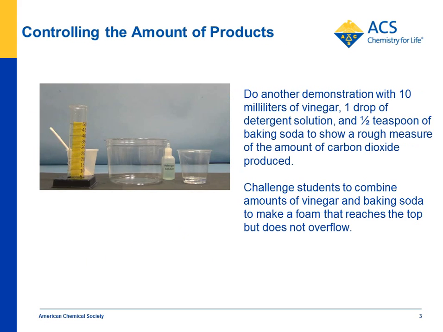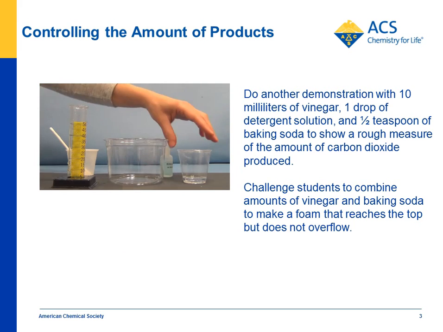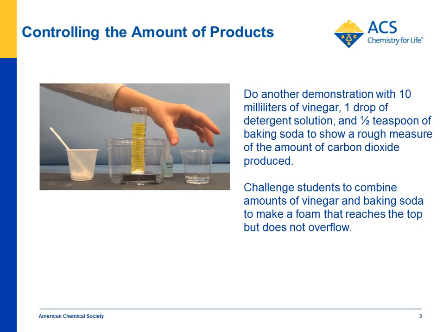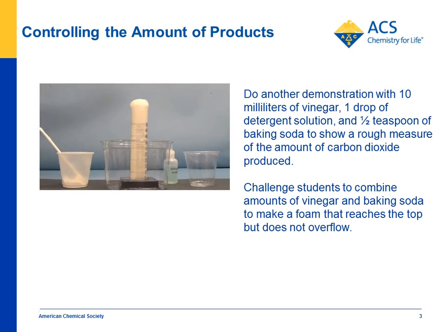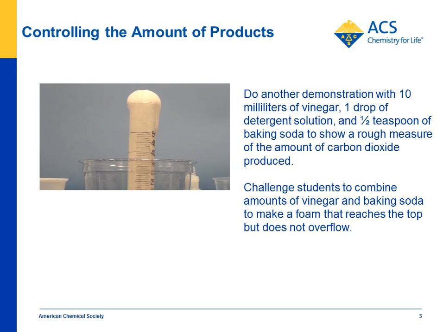So for this vinegar and baking soda reaction, you'll use 1 drop of detergent in the vinegar and then pour the vinegar into a graduated cylinder that already has a half teaspoon of baking soda in it. So here we're adding 1 drop of detergent to the vinegar and placing 1/2 teaspoon of baking soda into a 50 milliliter graduated cylinder. And we're going to pour that vinegar with the detergent into the baking soda. And you get a lot of foam. The advantage of using the detergent is that the foam lasts longer and you get an idea of the amount of CO2 that was produced.